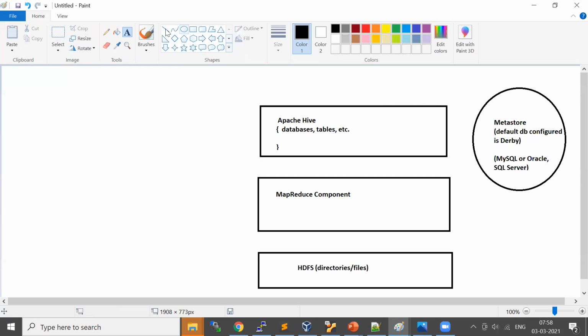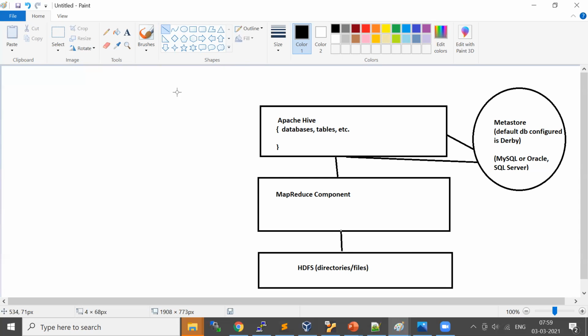Okay, so it always refers to Derby, and based on that schema, it is going to generate your MapReduce job and run it here.